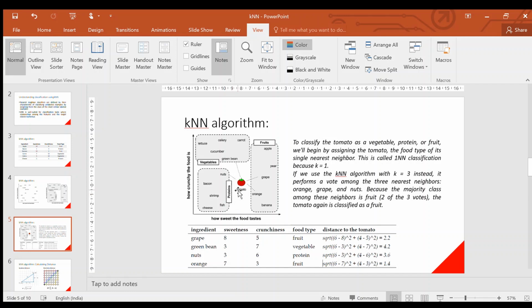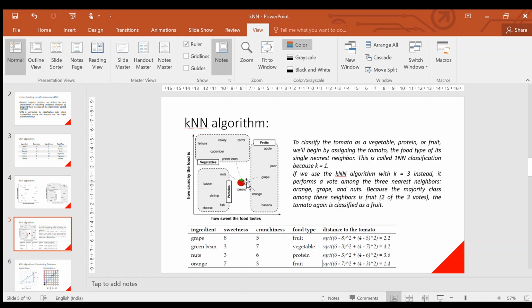Now we have test data from a tomato and we are trying to decide which group this tomato belongs to, because tomato has not been labeled yet, unlike bacon, lettuce, or apple, whatever ingredients we had in our training data.